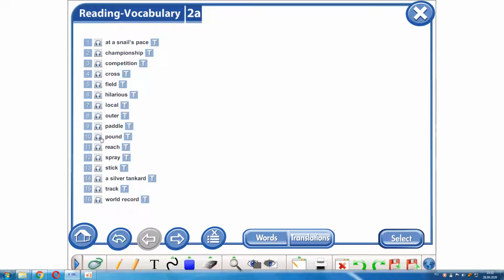Pound. Reach. Spray. Stick. A silver tankard. Track. World record. So please learn these phrases and words by heart and of course use them in your